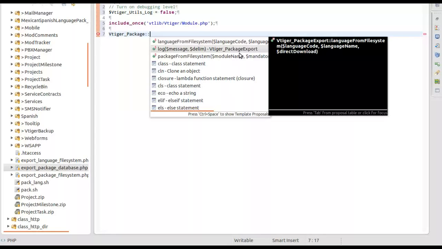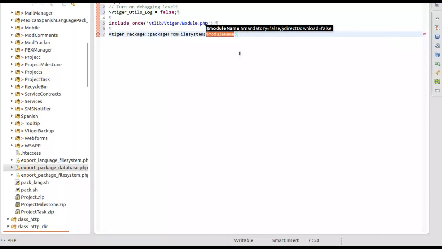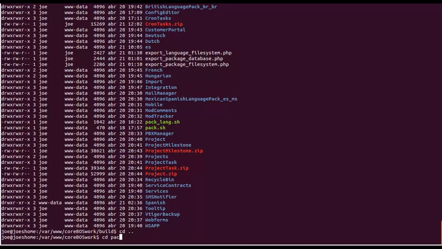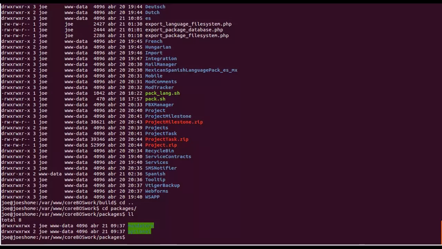Now what I have to do is call the vtiger package, and I'm going to tell it to package from the file system. This is a new function that we've added, and basically it asks me for the name of the module, and whether it's in the mandatory directory or not. Cron tasks, I don't remember if it is or not. In the packages we have mandatory and optional,